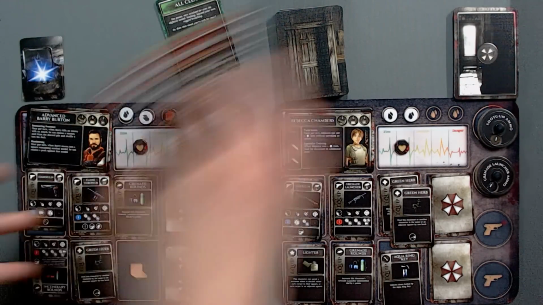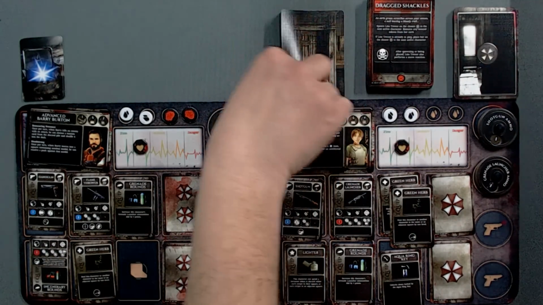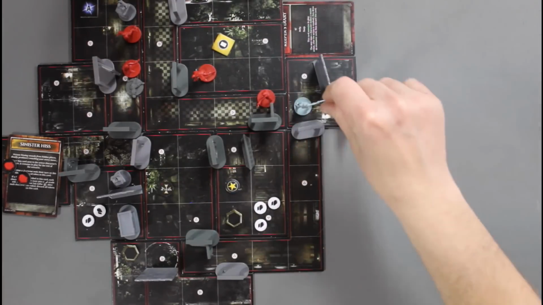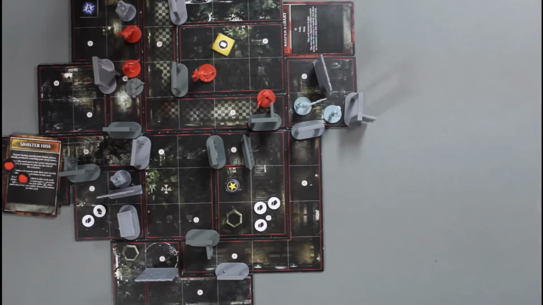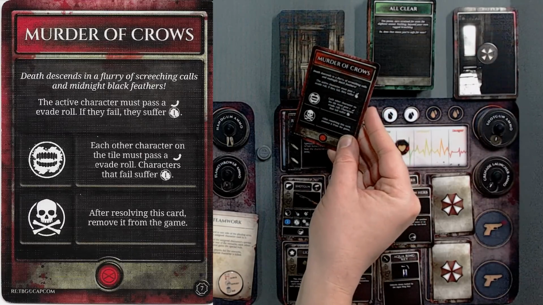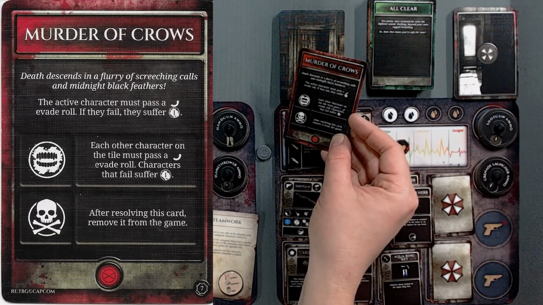I'm gonna shuffle that all clear back into here. All right, Barry's up. Flip, all clear. Rebecca, 1, 2, 3, and open the door for 4. Barry will go through on his next turn. And Rebecca, murder of crows. Let's see, active character must pass. If other characters,